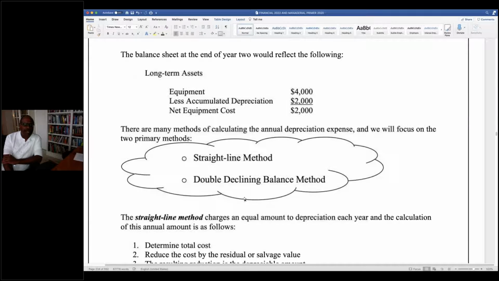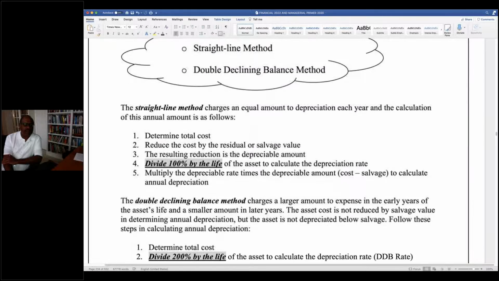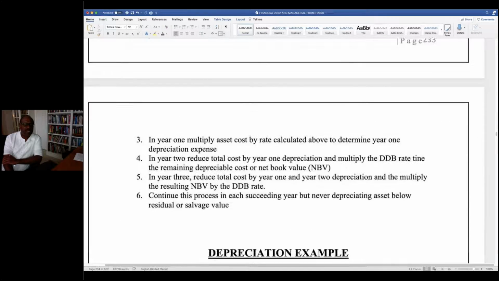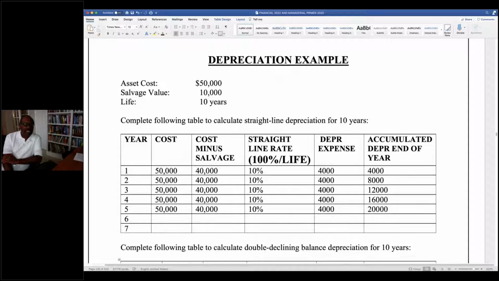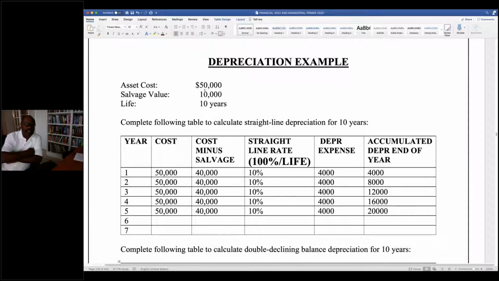So let's talk about straight line depreciation. And we'll just go to the example. Suppose we have an asset that costs $50,000, okay? Salvage value is 10, life is 10 years. When we depreciate this item, if it has salvage, we're going to subtract that from the cost. So we're going to base our depreciation on 40 because